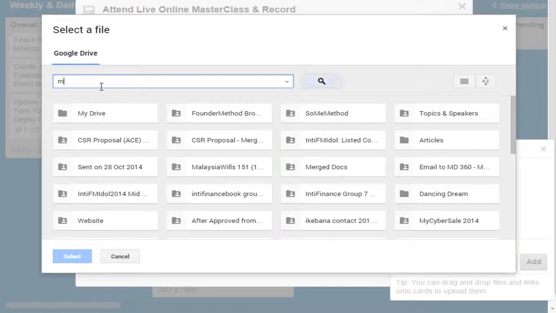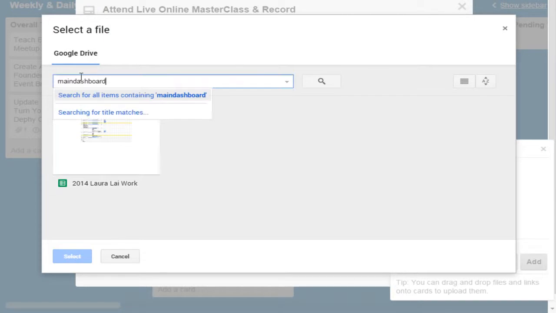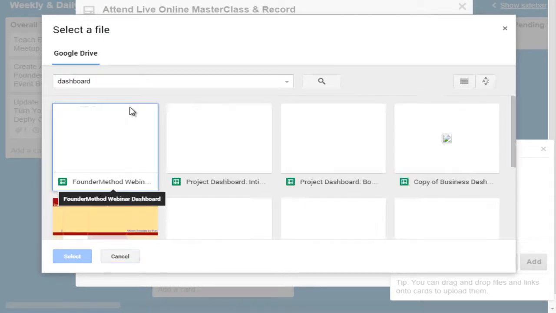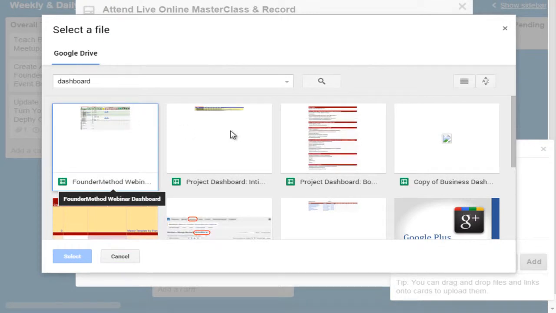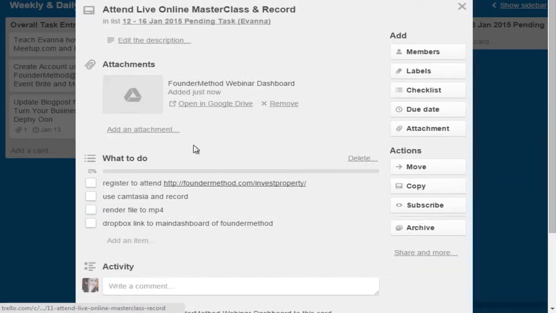So this is my main dashboard. Can you see project webinar dashboard? So I just click here, select, so automatically it will attach.